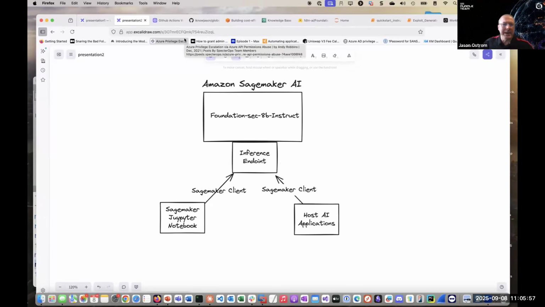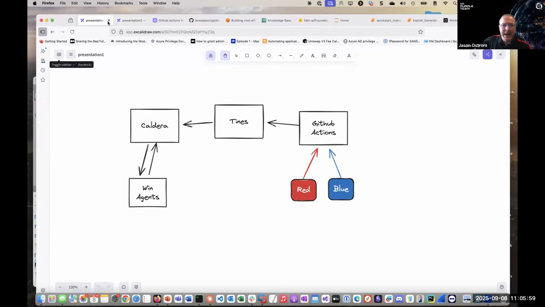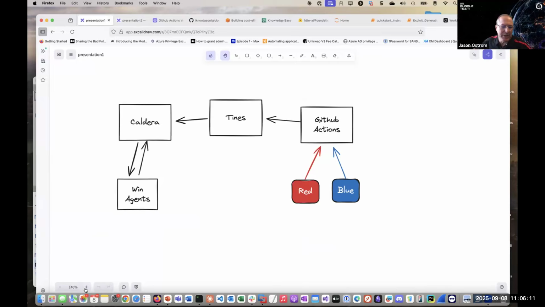Now let's get to the second part of my demo. I just really want to quickly show you guys one of our labs. That's one of my favorite labs. It's adversary emulation as code. It's lab 4.5. What we show you guys how to do is to basically set up an adversary emulation as